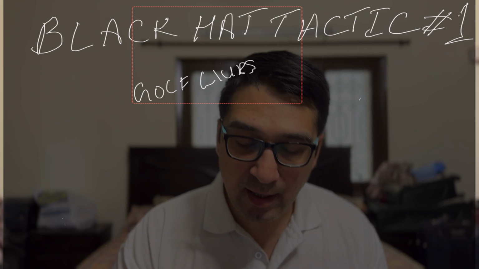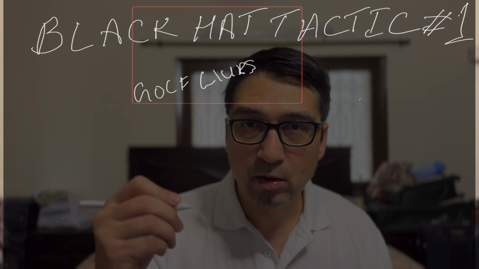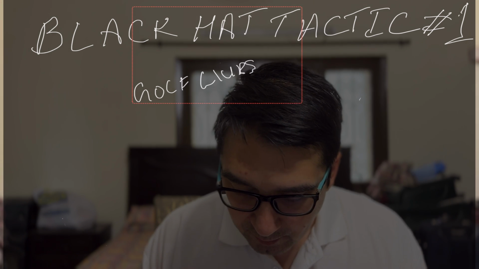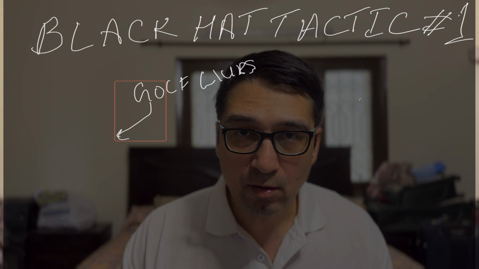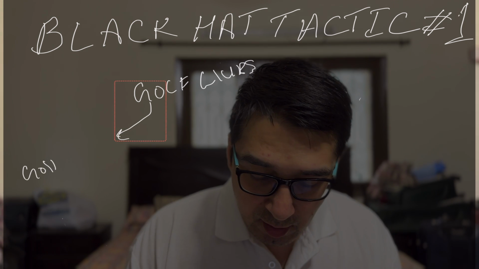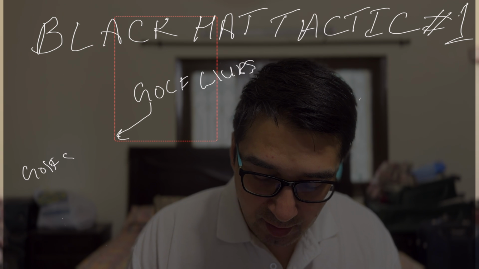So the first thing we're going to do is we will create domains. And essentially what we want to do is we want to create domains for keyword variations that our competitor is trying to target. So let's say our competitor is trying to target golf clubs, okay? All right. And let's say, for argument's sake, because I'm not a golf player, so I'm going to wing it over here, some of the variations are